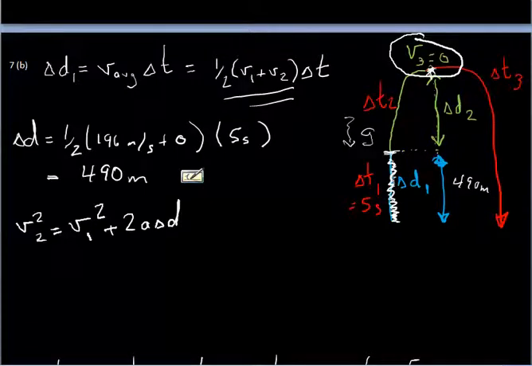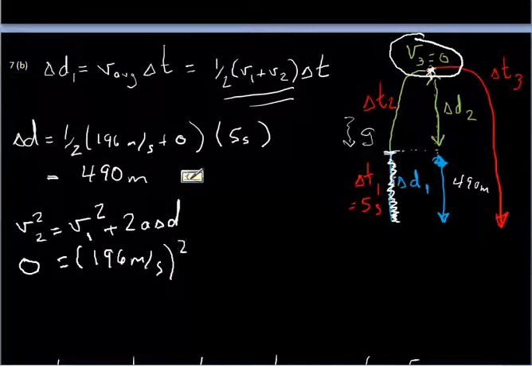Now, here, V2, or the final velocity, is this one right here. So I'm going to say 0 right here. This is going to be 196 meters per second squared plus 2